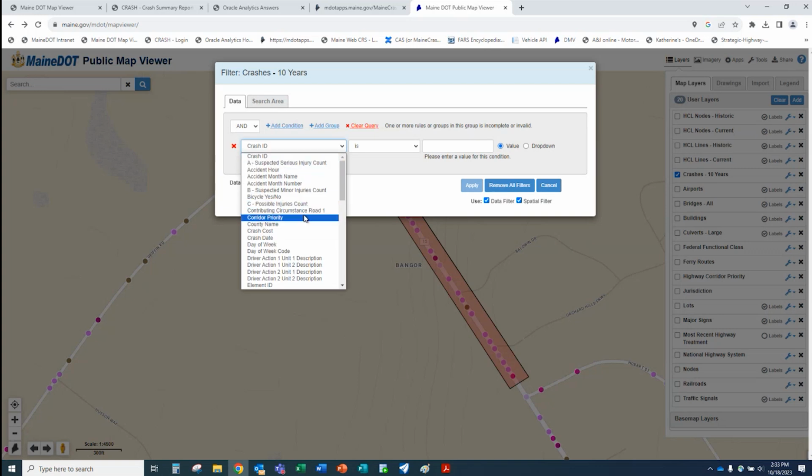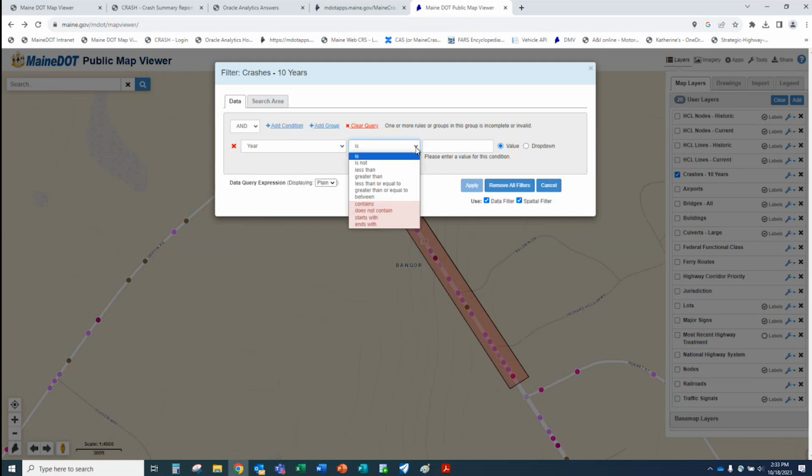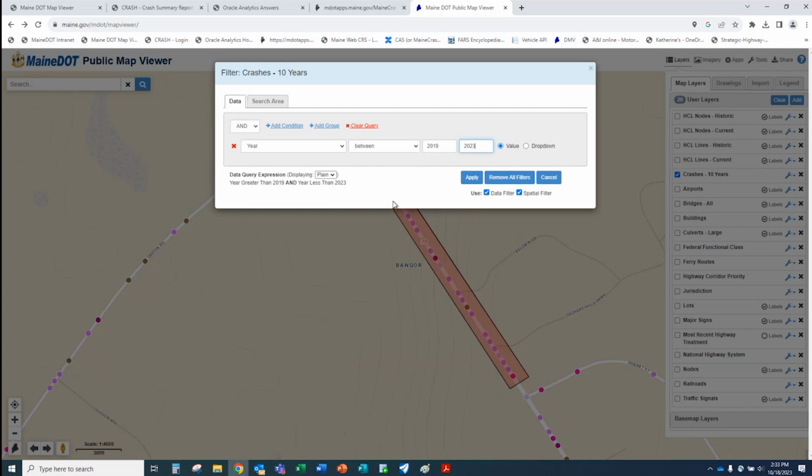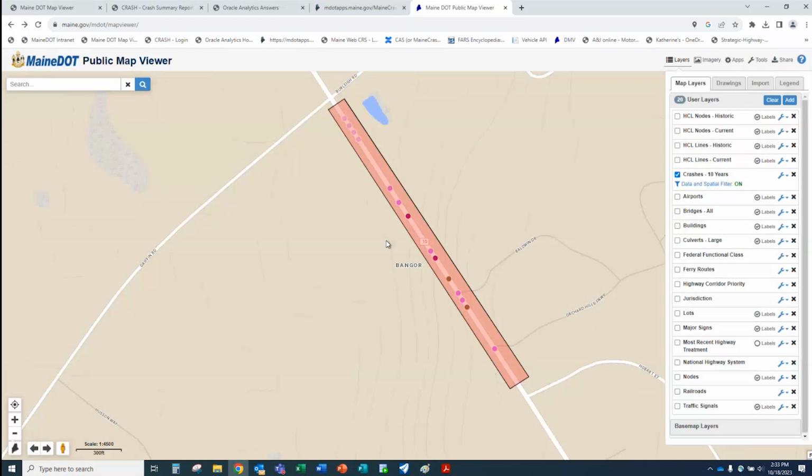And what I'm going to do is add years again. That's the one thing I start with. I always start with years. I'm going to go between, because I'm going to do a 2020 to 2022, most recent 3 years. So I've got to go 2019 to 2023. And that's all I need. And now I hit apply. Okay. And now I can hit view.